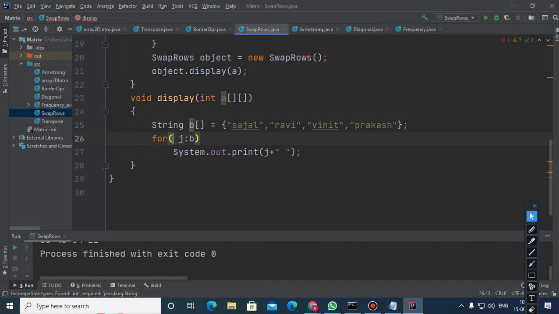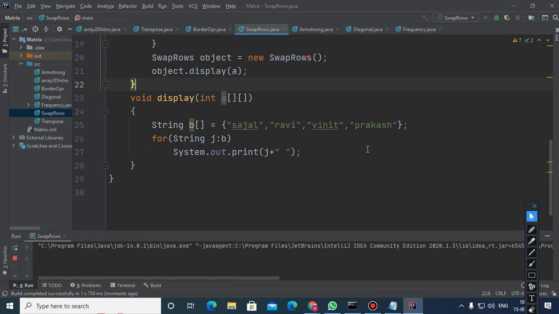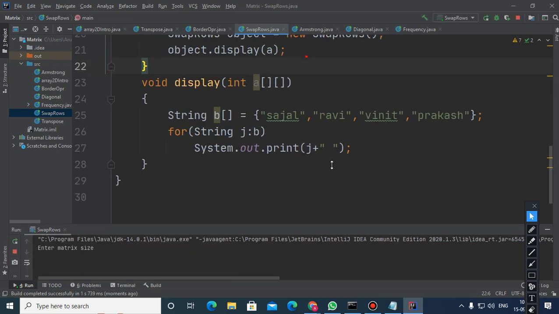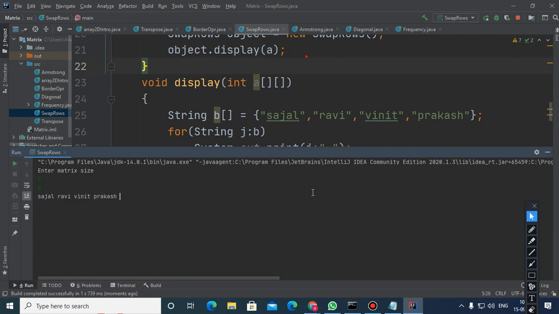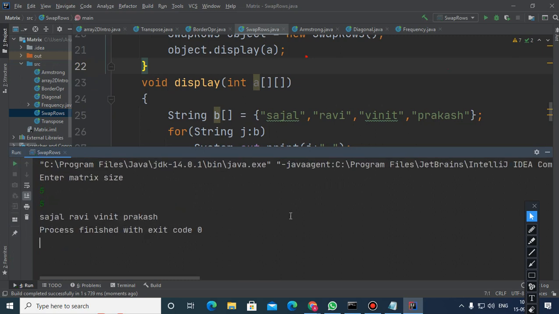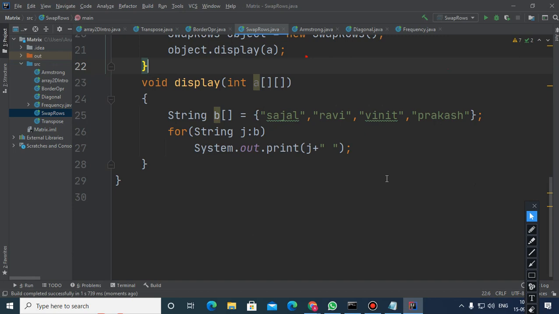If you change the data type here, it will extract this string array also. No problem. The size is 5, and you can see on the screen Sajal, Ravi, Vinith, Prakash. So this is how we can extract the elements of the array.